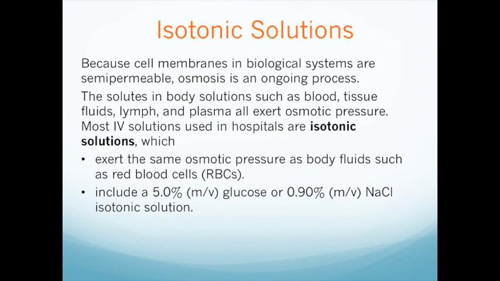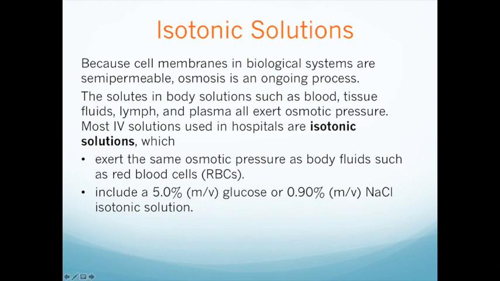Another use of osmosis, or the concept of osmosis, is in isotonic solutions, which are used in medicine to match the concentration of IV liquids with your body serum. So cell membranes in biological systems are semi-permeable, and osmosis is constantly occurring, either in the form of a salt gradient, which establishes a concentration difference between sodium and potassium, leading water to flow across the cell membrane, or it could also be glucose in the case of mitochondria. And there are many other systems in which the concentration of salts is very delicate and must be controlled